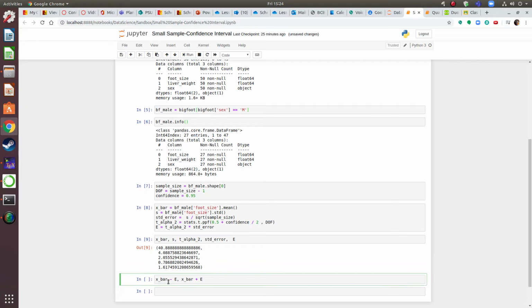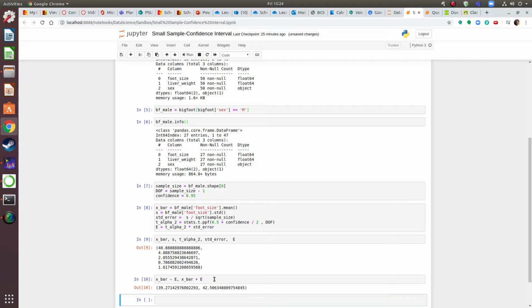Okay, now my confidence interval. My X bar is an estimate, right? Remember, my X bar is always wrong, so I have to give it some leeway. It might be too big, so I subtract off my margin of error. It might be too small, so I add my margin of error. And so that gives me my confidence interval, which is